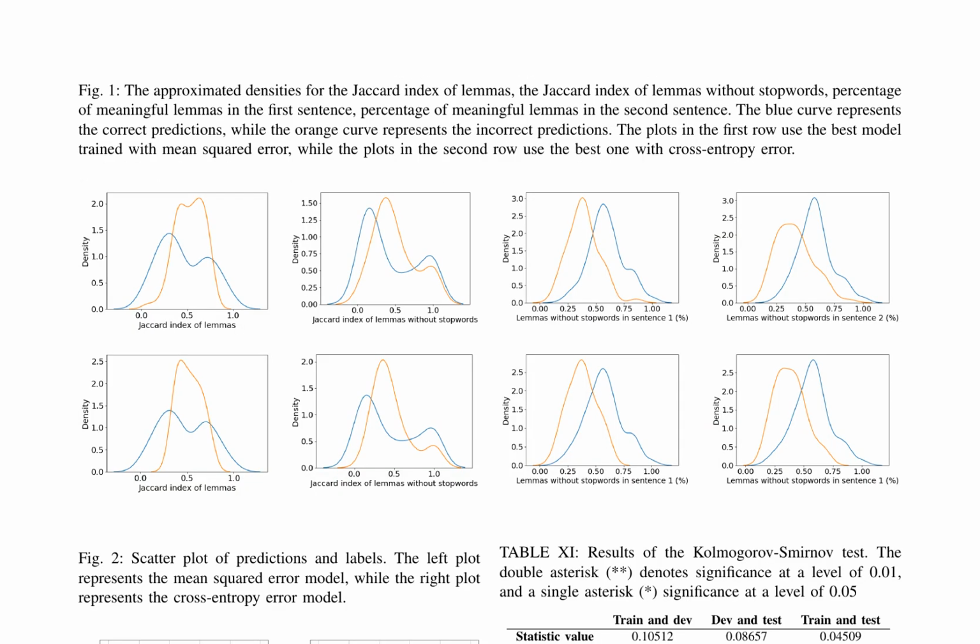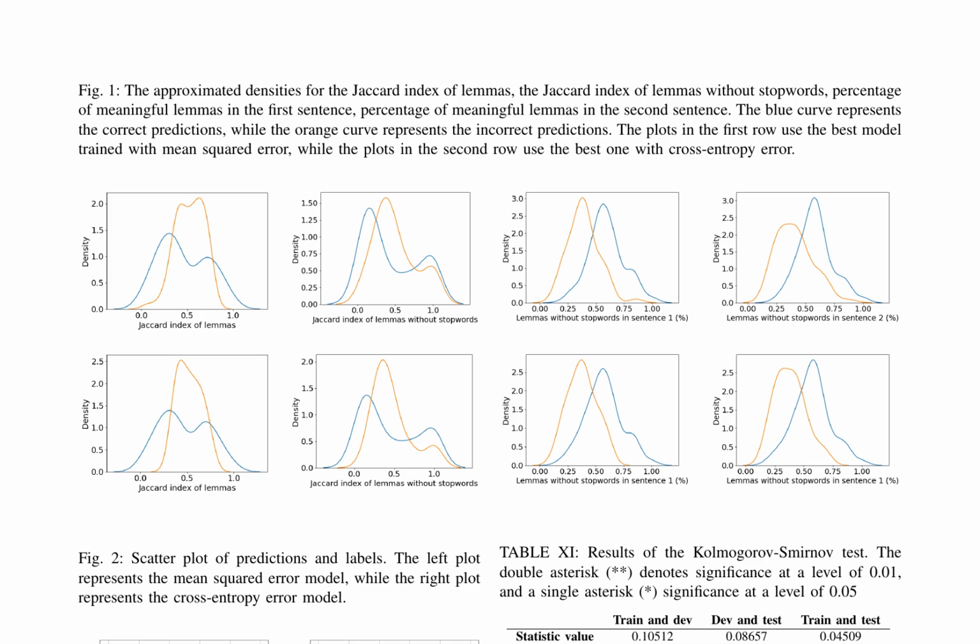The paper delves into the performance of ensemble models in predicting semantic similarity scores for sentence pairs, highlighting issues related to label distributions across different dataset splits and edge-of-range predictions. Despite achieving better development set results, the ensemble models perform worse on the test set compared to single transformer models. This discrepancy is attributed to differences in label distributions between the train, development, and test sets, as confirmed by a